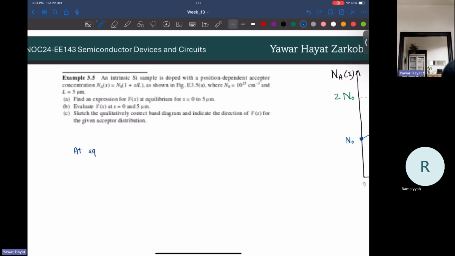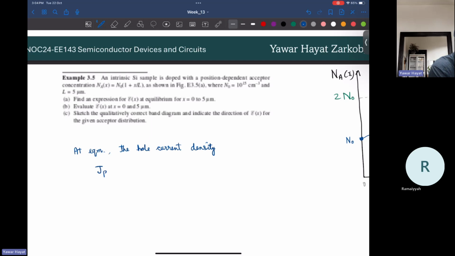At equilibrium, the hole current density,